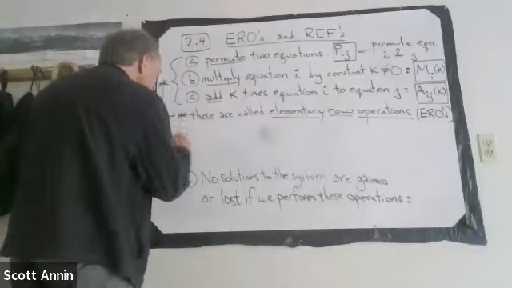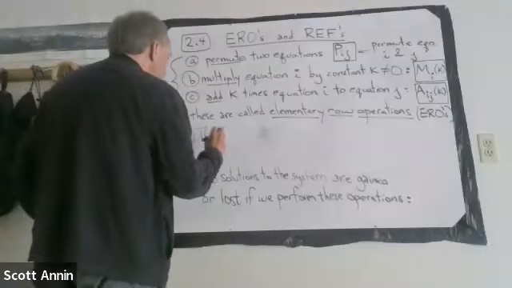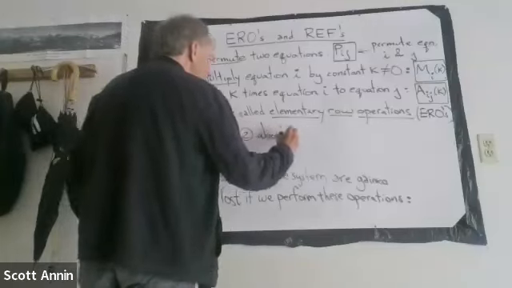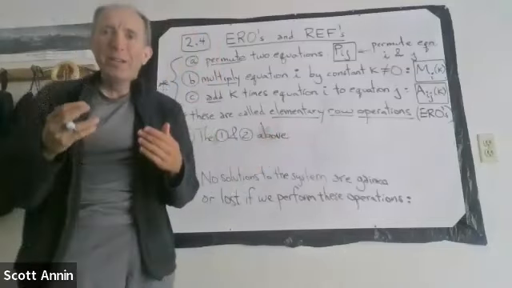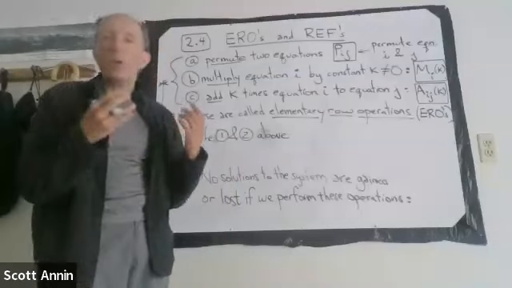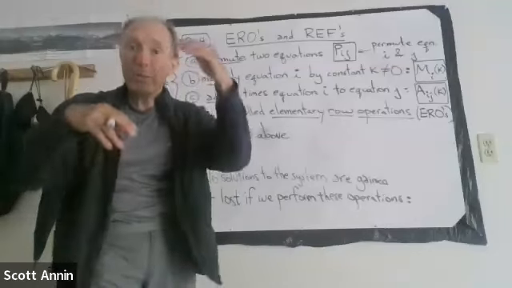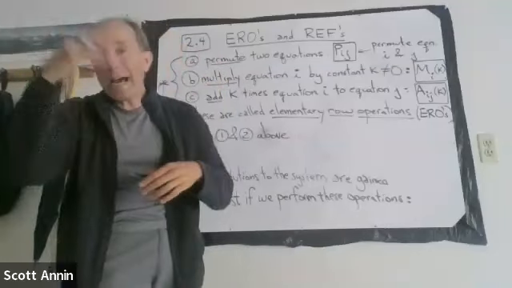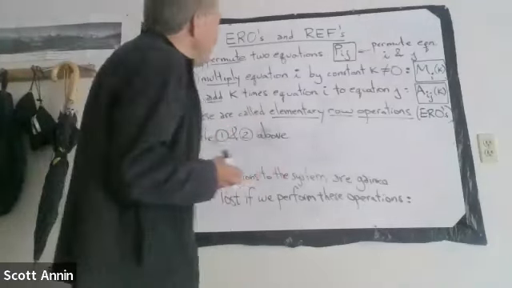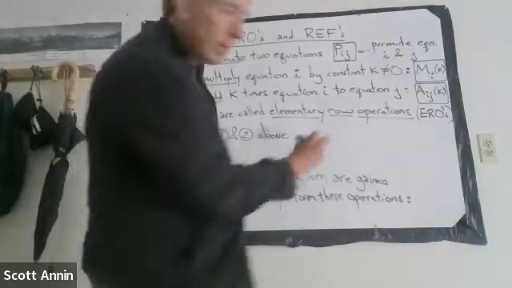The third and final remark is that the first two remarks, 1 and 2 above, we've been talking about in the context of the equations of a linear system. But we can also just as well do the same thing with the rows of a matrix. So we can permute two rows of a matrix, we can add a multiple of one row of the matrix to another row of the matrix, or we can multiply a row of the matrix by any non-zero constant. So the 1 and 2 above apply